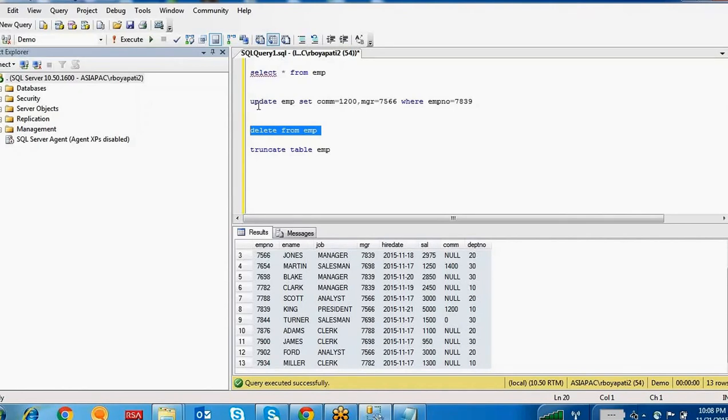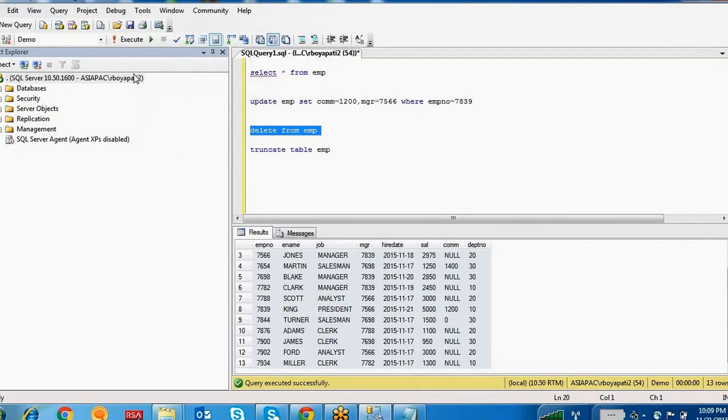You can't roll back the data after using the truncate statement. But if you are deleting data, then there is a possibility to roll back the data, because whatever data you have deleted by using the delete statement will be stored in the log file. Yesterday I showed you, right?